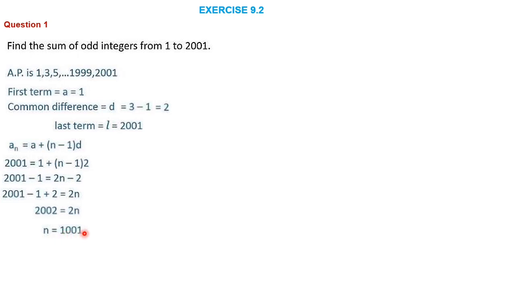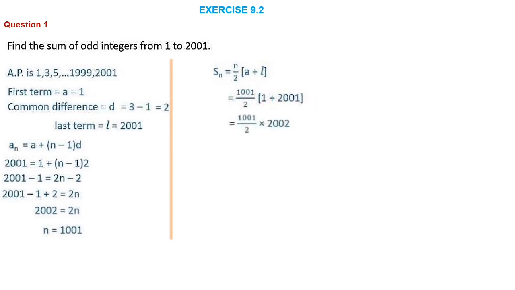So we have got n, we have got a and l as well. So we can use the formula n by 2 into a plus l, because we have the first term and last term. Let's substitute it. n we have got 1001, divided by 2, into a, a is 1, plus 2001. When we add these two, we will get 2002. 1001 by 2 into 2002. And here 2 and 2002 we can cancel. If we cancel 2 and 2002, we will be getting